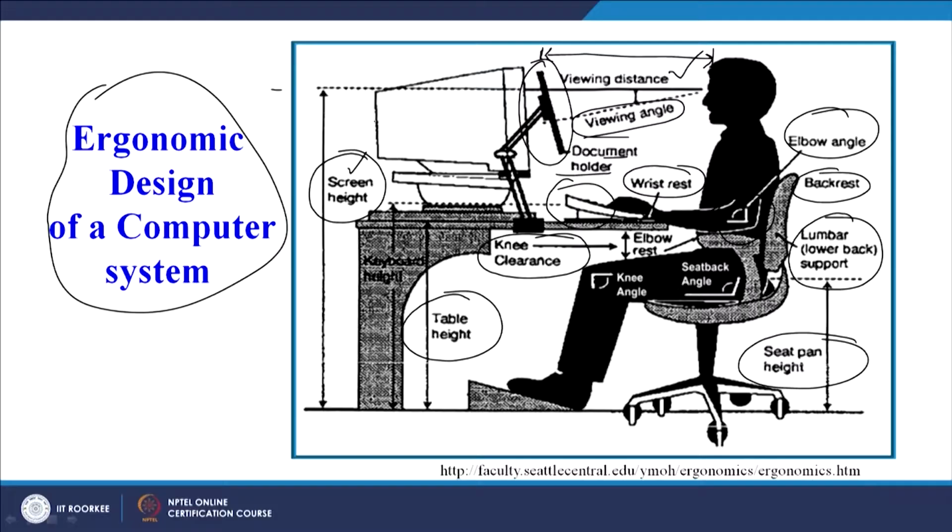So even after 1 hour we may feel that I am not feeling comfortable while using this computer. Why? Because some of these parameters are not well planned, well designed. So we can see that the screen height, if you don't have the proper height, you may have to look like this, so your neck is always in an awkward position. If the height is too much, you are looking like this, again your eyes, or you can have strain in your forehead. Even the shoulder and neck combination may also have a bad effect. So therefore it is important to focus on each of these parameters, and there are standard guidelines already existing.